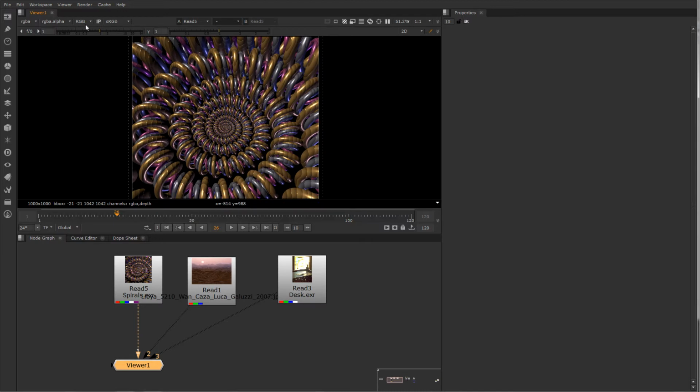Let's talk about the controls along the outside of the view window. This first pull down controls which layer is being sent to the viewer. Nuke can support multiple layers and channels, but they're not exactly analogous to perhaps the types of layers you're familiar with in a program like Photoshop. In Nuke,